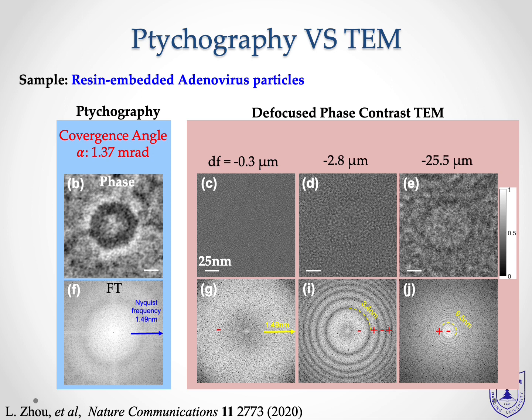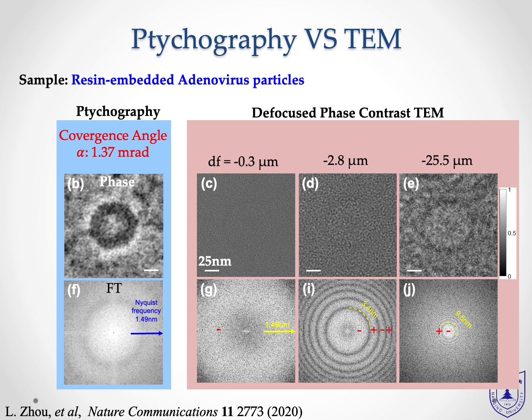And this is the ptychographic reconstruction phase of the object using 1.37 milliradian as the converging angle. It shows the overall shape of the particle with very high contrast. The core-shell structure shows a hexagonal shell matching the capsid coating and a triangular core corresponding to the internal genome. The power spectrum is continuous over the entire spatial frequency range and does not show the Thon ring like a